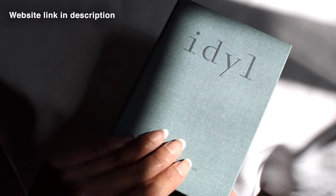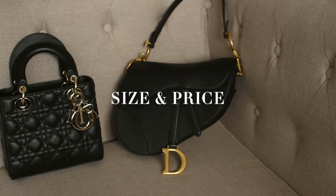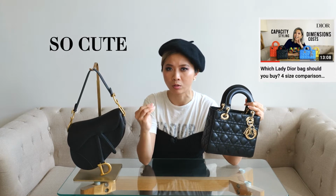Now, back to the Dior bags. I want to talk about their size and pricing. For the Lady Dior, it's so hard to pick the right size because I can see the appeal of every single size. They're all so cute. As for the saddlebag, however, I personally prefer the original size, which is the medium, because I feel that this size is just